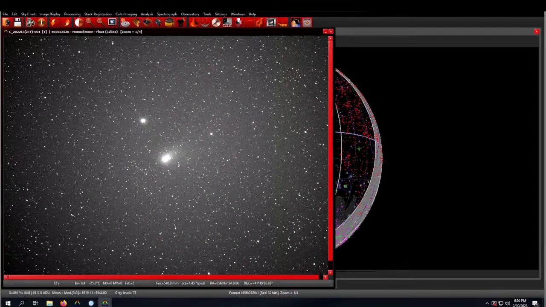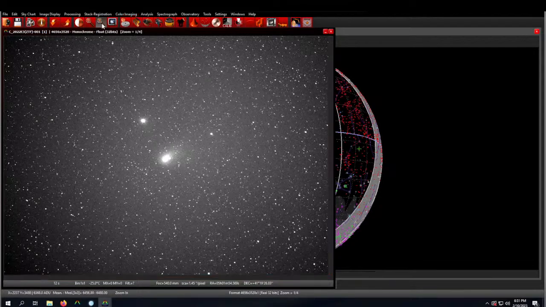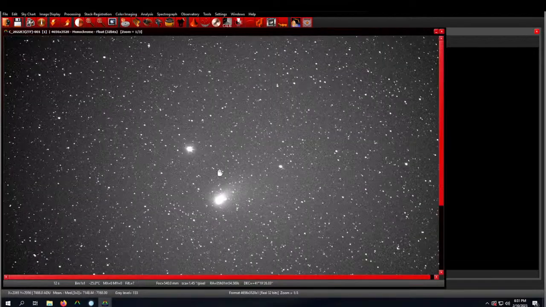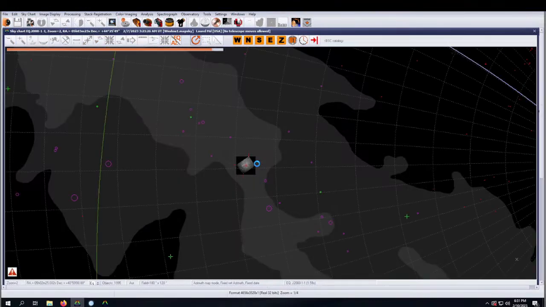Again, we see that fuzzy. We see the super blurry around that, but it makes for some pretty good pictures. There it is. It's a little close to that star. Now that star is,